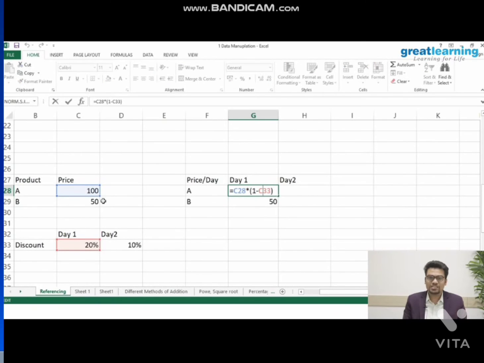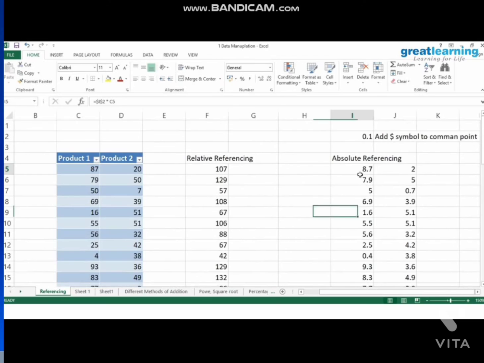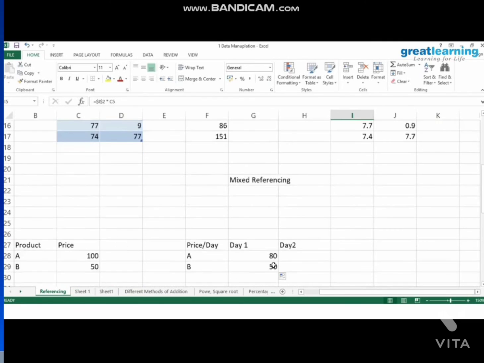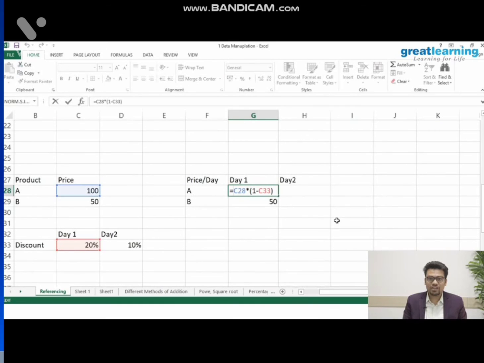So for that, since we wanted to perform the operation column wise as well as row wise, we use this dollar sign before and after. Now what we'll do over here is try to restrict it to only column wise operation. So we'll use a dollar sign before our C, and here we'll use it after our C, so as to get it row wise and column wise. So this C would be